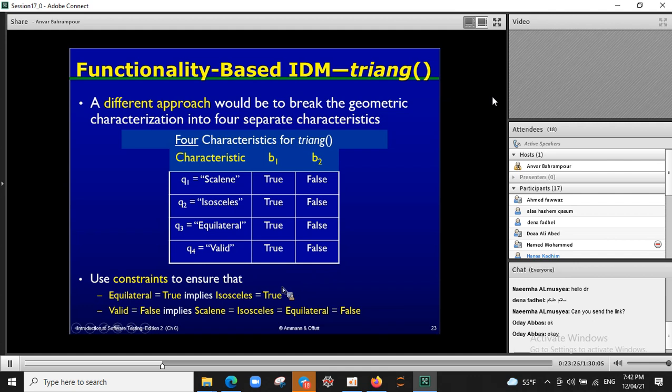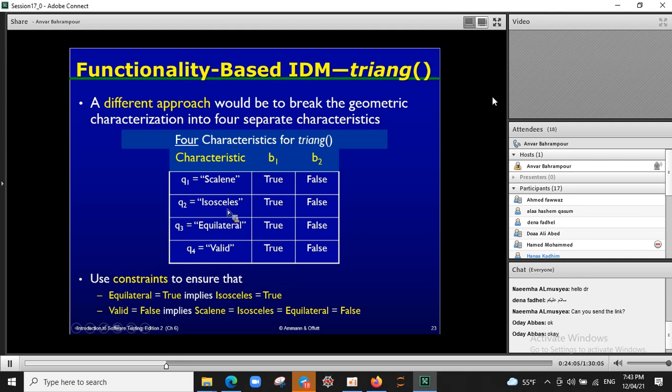So we have to do 8 test cases. 8 tests. Okay. But some constraint could reduce the number of tests. For example, if we test our program with an instance of this block for these characteristics, it also covers these 3 blocks, because when we have an invalid combination for a triangle, we also have not